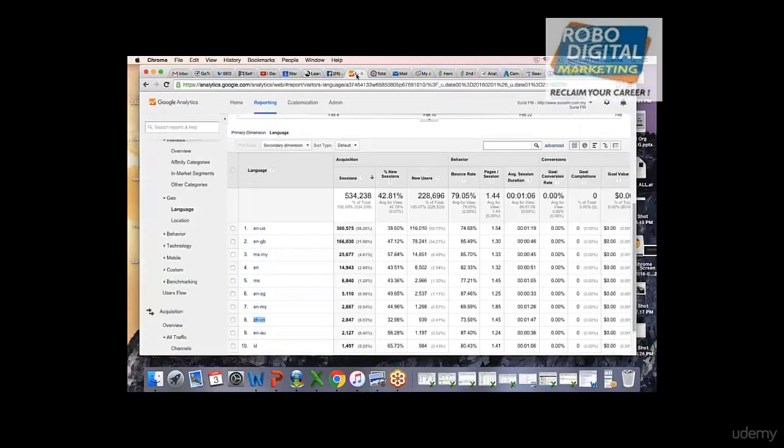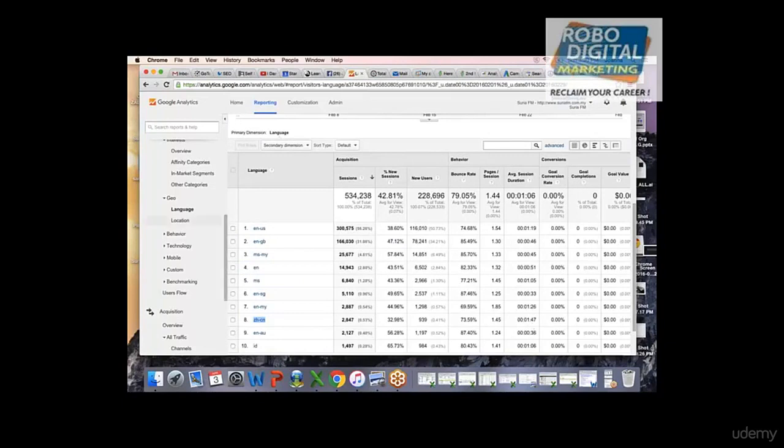So the people who speak Chinese are spending a good time on your website, that is 1 minute 47 seconds. You can give a language converter to them as well, because these people are coming to your website and trying to read it in English. That's why they're spending a lot of time. So you have to give more things into it.